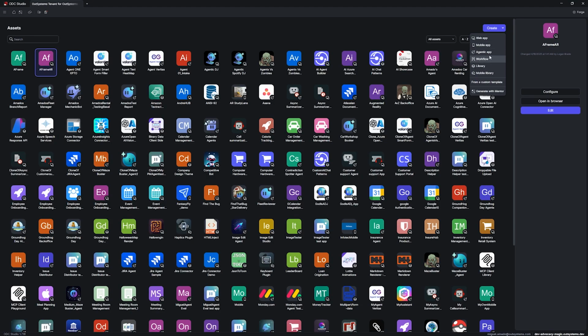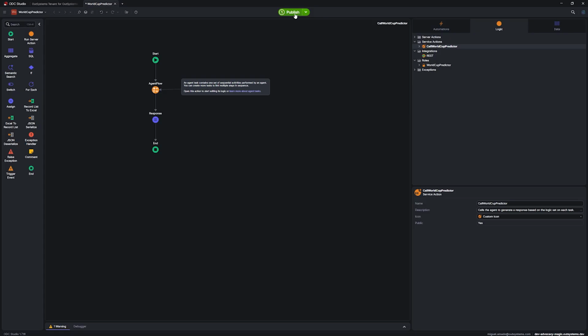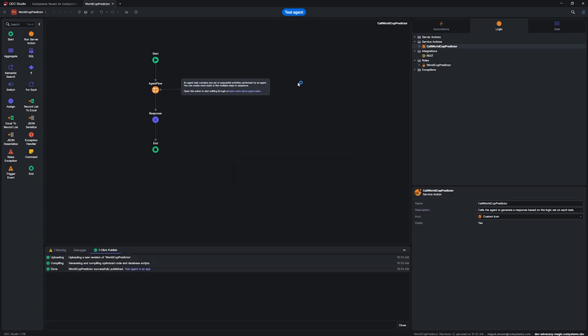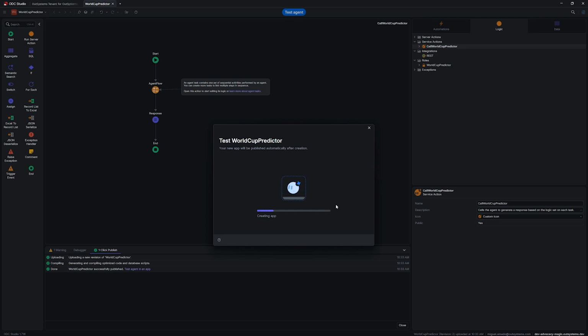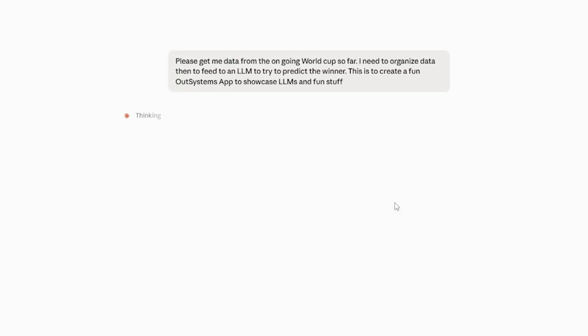First, we create the agent as we have already shown in many other videos. We select the model and we publish it. We are going to test the agent as it is. The agent has no idea what's happening in the FIFA World Cup. This is because when the LLM was trained, there was no such context. So let's fix that. We're going to use Claude to fetch the internet and get the data that we need